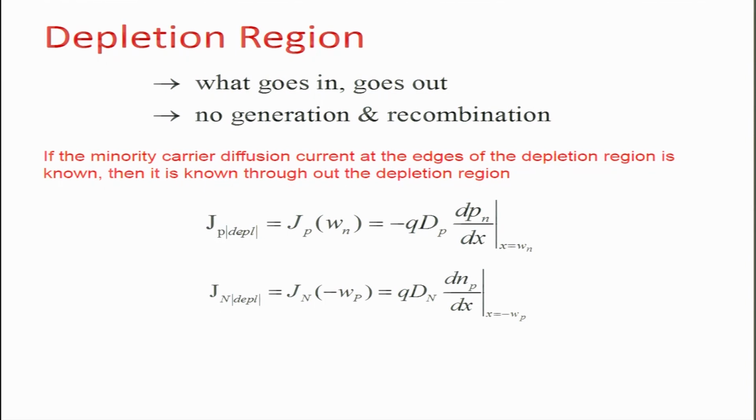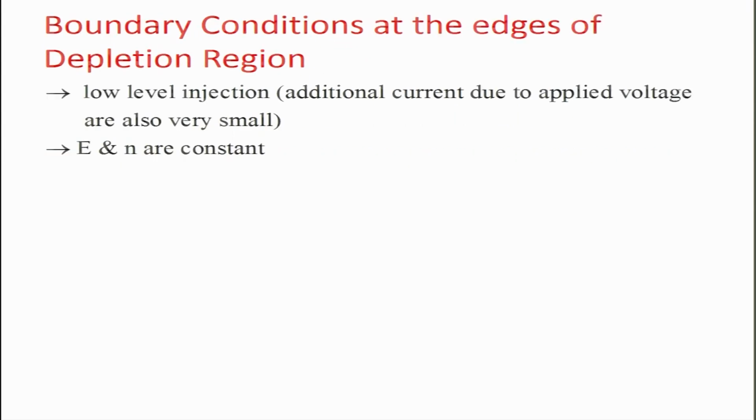These are very straightforward equations, just taken at the boundary of the depletion region, because the current stays constant throughout the depletion region. For the hole current I have taken the edge of the depletion region on the n side, and for the electron current I have taken the edge of the depletion region near the p side. We know that both are minority currents on each side. So the total current is, as we saw earlier, J equals Jp at Wn plus Jn at minus Wp. Now, to solve these equations we need the boundary conditions.